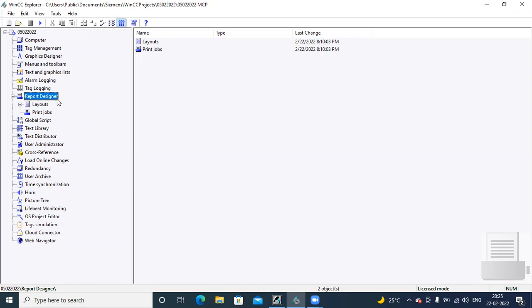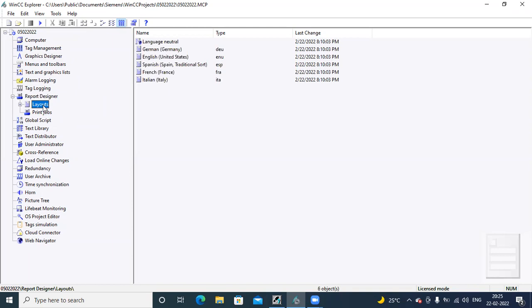You can design your own layout. Here you can see we are having layouts option. When you click on this layouts, we are having different languages option here: German, English, Spanish, French, etc. So you go with the English, right?